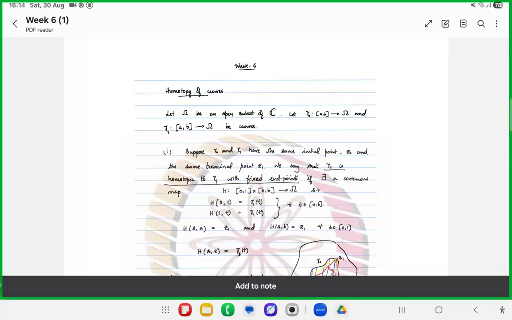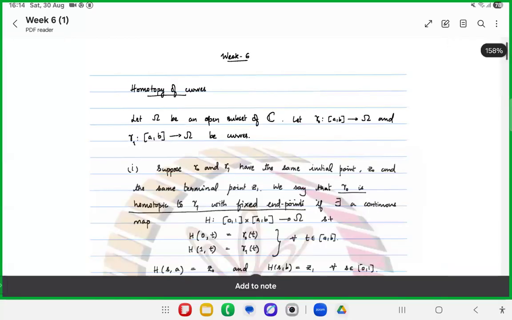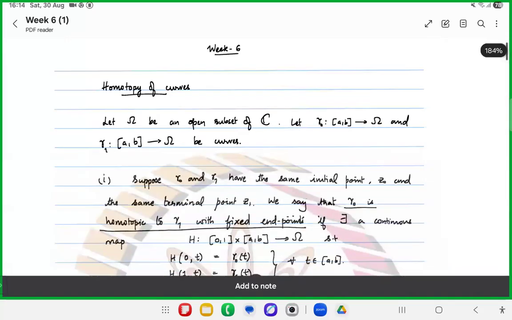Okay, so as usual, we'll discuss first what has been done in this week, the sixth week. Of course, some important points are going to be helpful for you. So this week studying